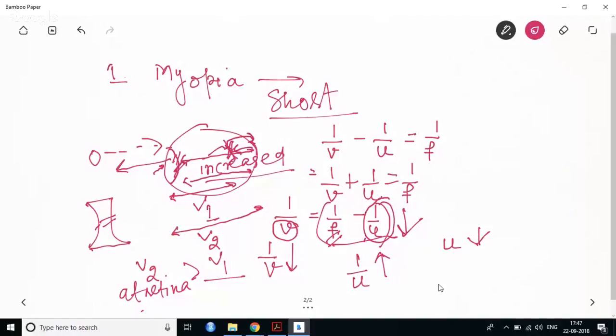If a person is not able to view something which is at a very far distance, my objective is that with the help of a concave lens, I should make another image of that particular object so that I can see it properly. So see what happens if this is the human eye. Once again, let me go to the next page. Look here. If this is the human eye, V is getting formed here. I have a concave lens here.